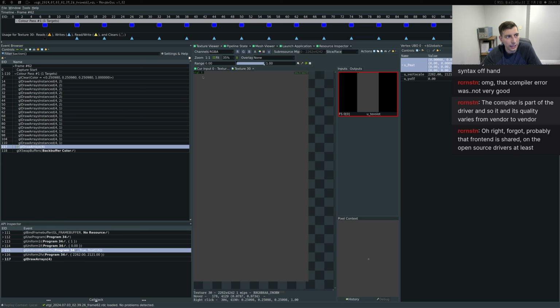So we need to add an offset to this. I don't think it's the vertex scale. I think it's a fragment shader thing that needs to be set here. So in the fragment shader,